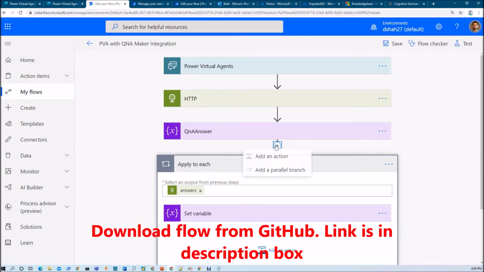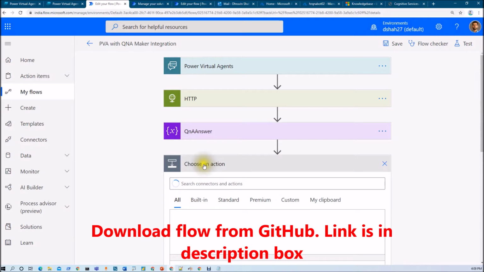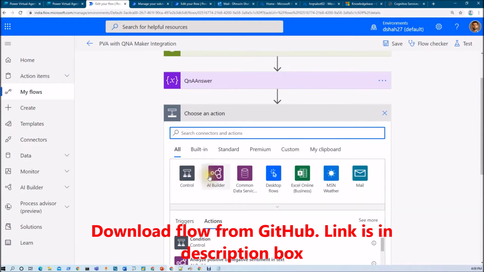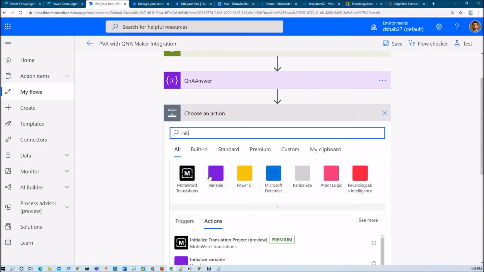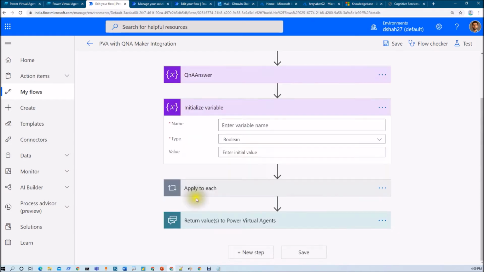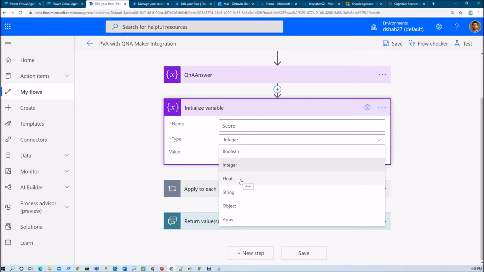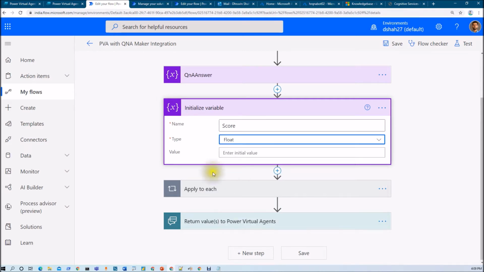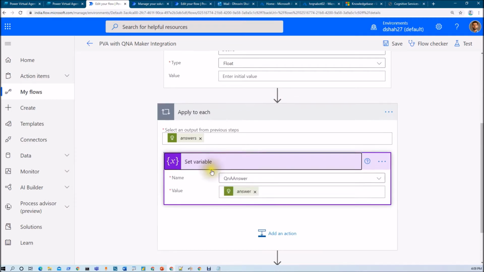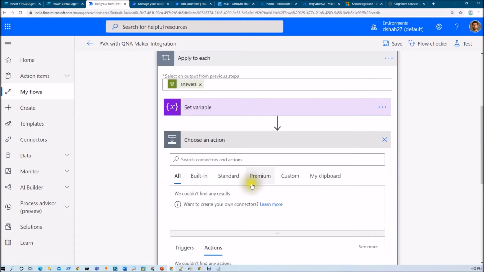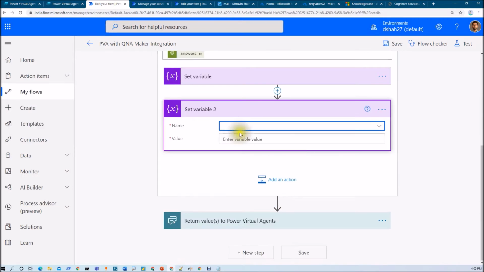Just initialize one variable for the score. Let's keep its type as float, and now in apply to each let's set our variable. So I am setting the score over here.